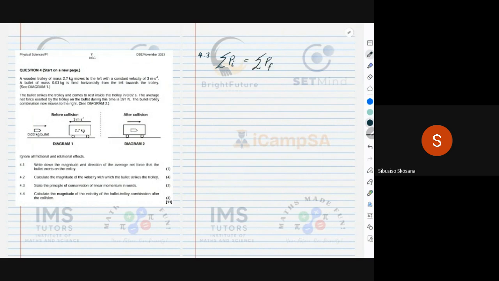What this was saying is that the sum of all the linear momentum in a closed or isolated system, and this must be a closed or isolated system, the sum of all linear momentum remains